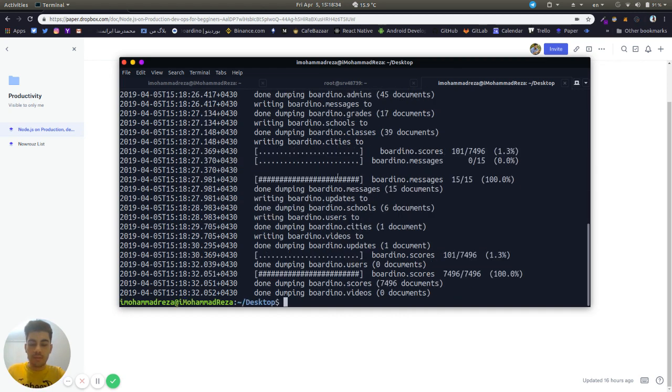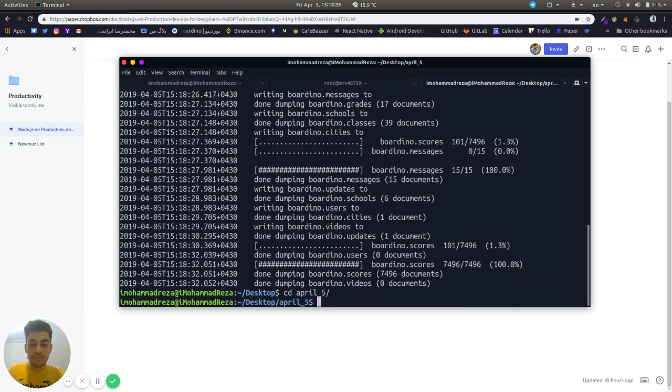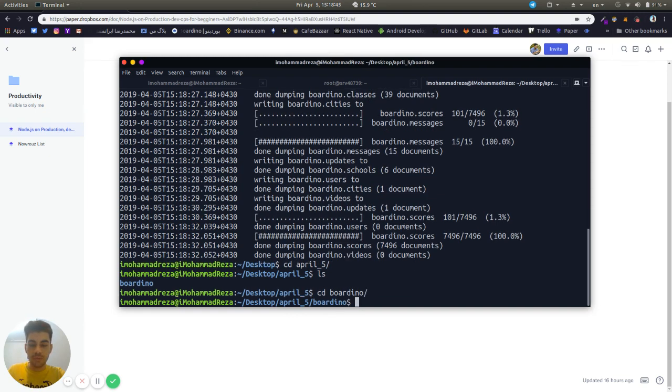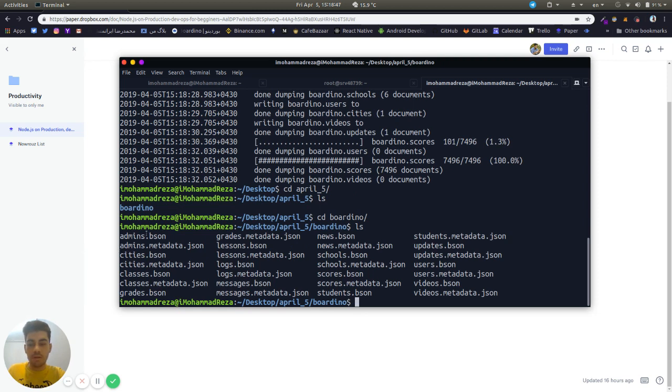Now here, if I go to the folder here I created, April 5th, and ls, here you can see there is a board folder, and in this board, you can see all the collections here in the JSON format, and also here all collection.metadata that use the keys and